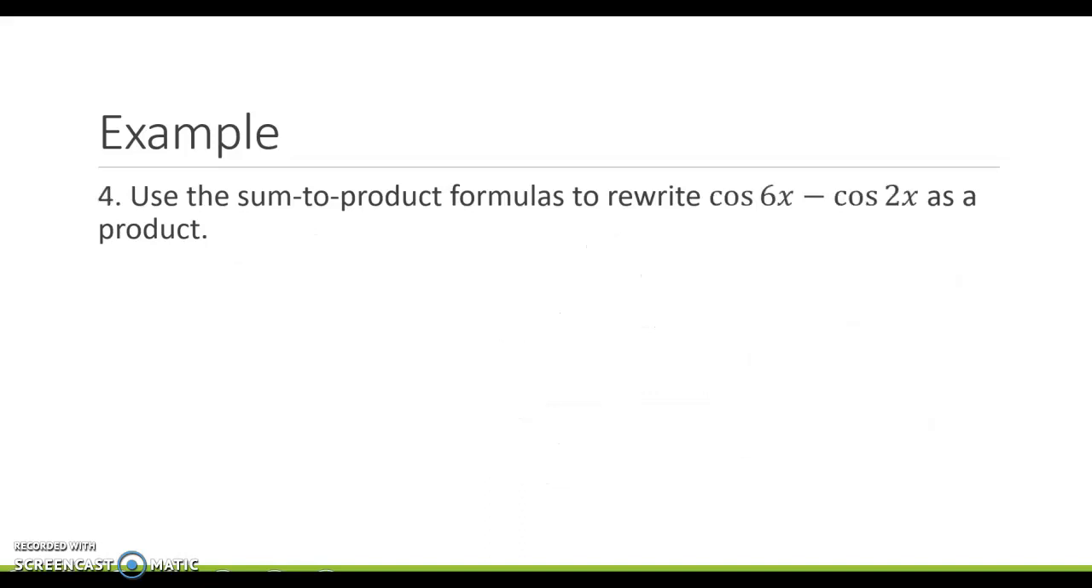Let's do another one. This time we're going to rewrite this difference, cosine of 6x minus cosine of 2x, as a product. This will be using the 4th one of that list. So it'll look like this. This is the only one of those identities that starts with a -2. So it's going to be -2 sine